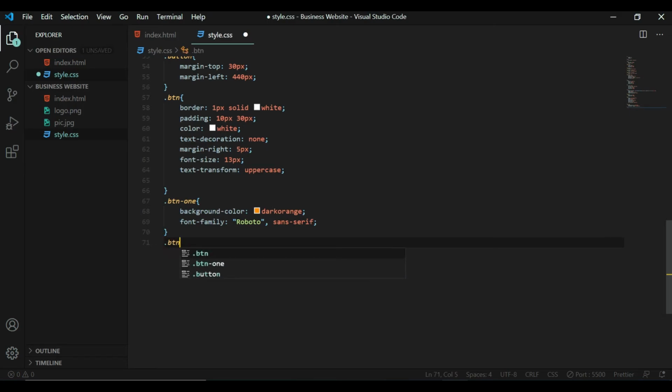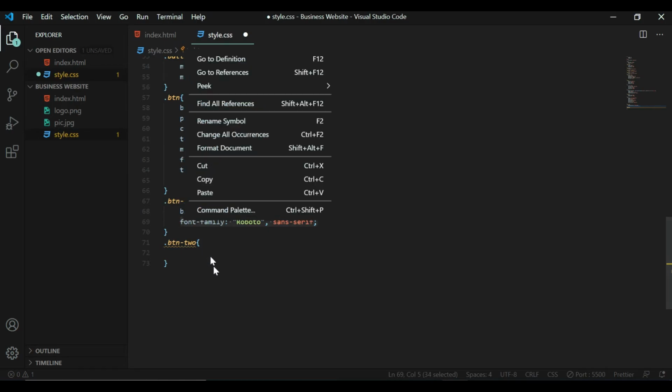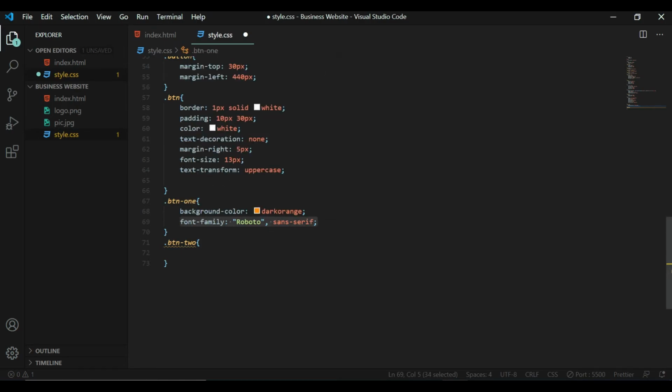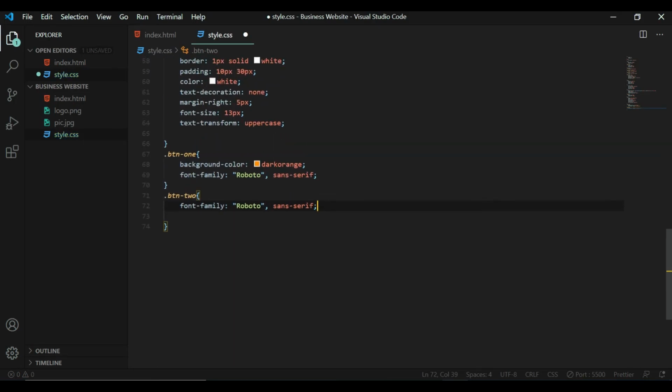Now the second button, for the second button I just want to add font family. You can just copy this one, you can use this one. Next, what I want to do is I want to hover these buttons